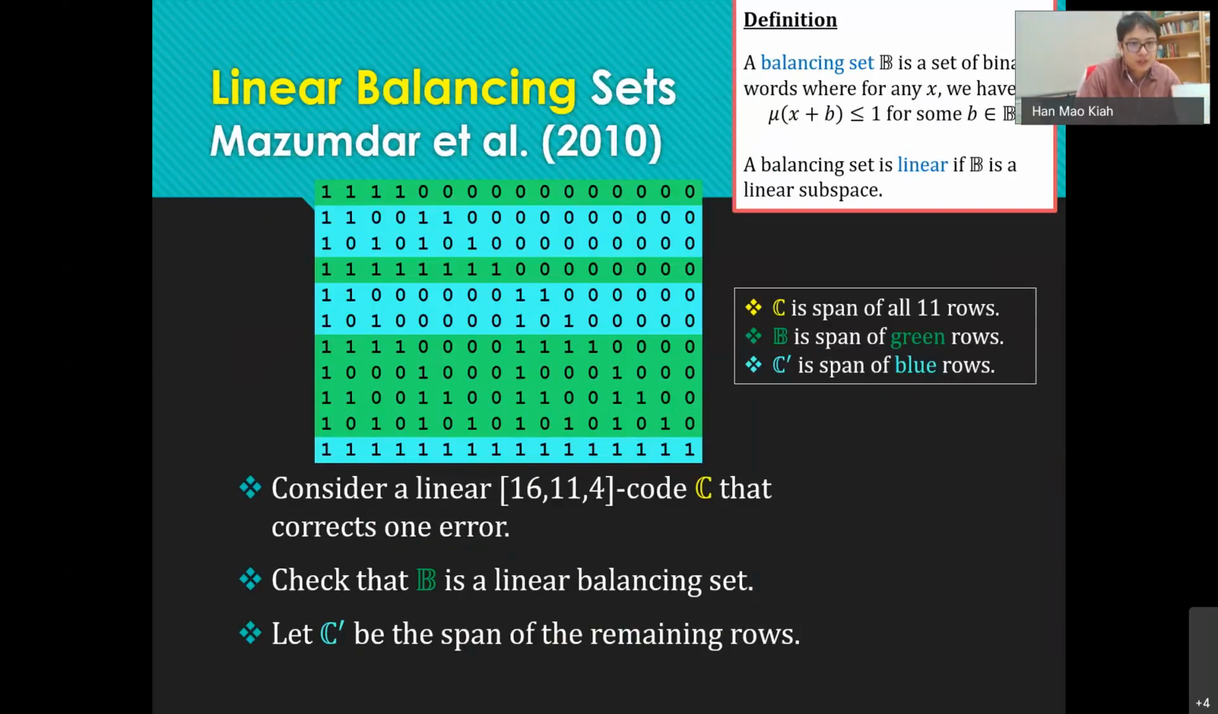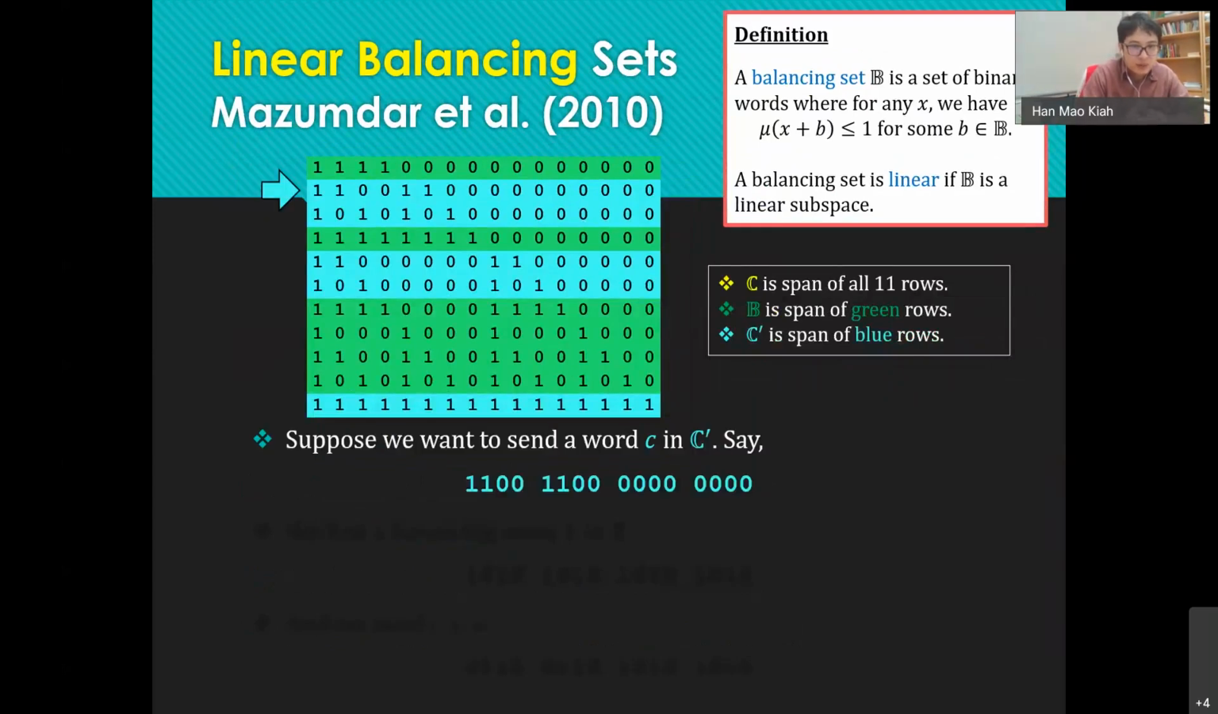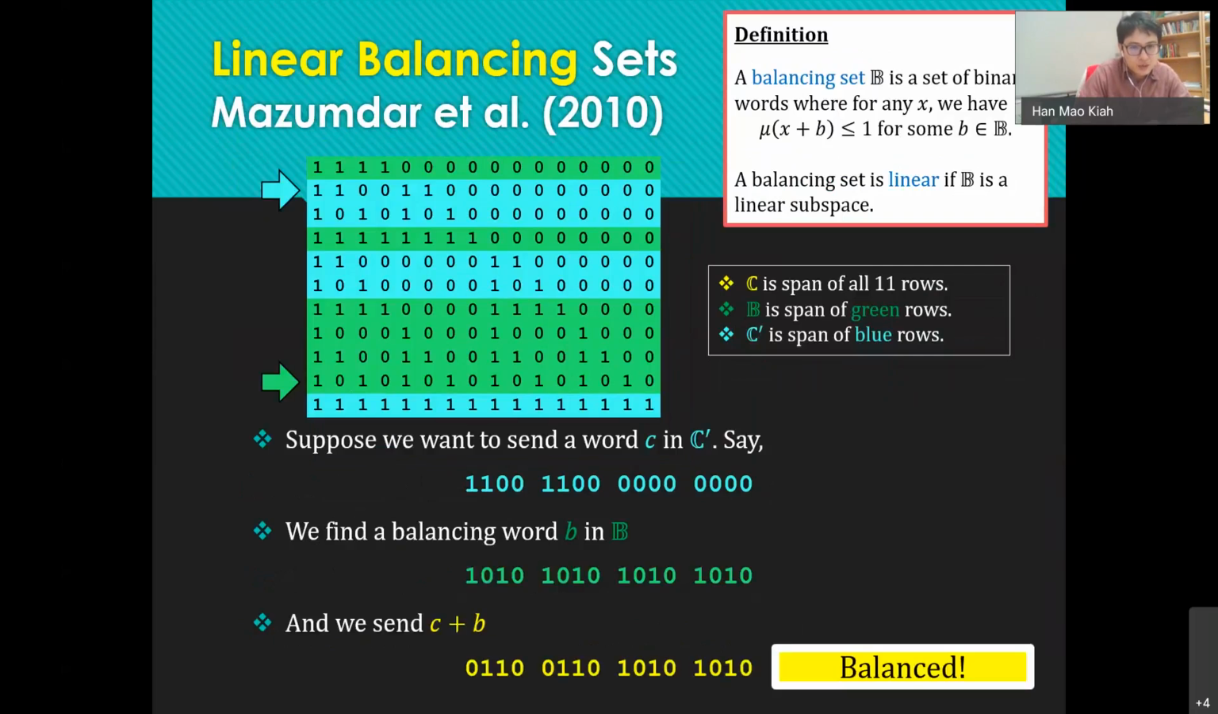So, if you give me a word C in C prime, say this word, which is this row over here, by definition of the balancing set, I can find a B among the green rows such that when I add the two of them, I get a balanced word. And this will be a balanced word that I send over. Well, there's nothing surprising, that follows from definition. But what is important is this: